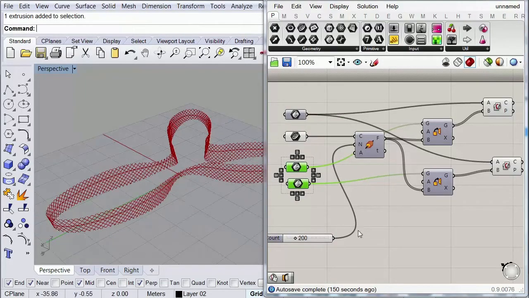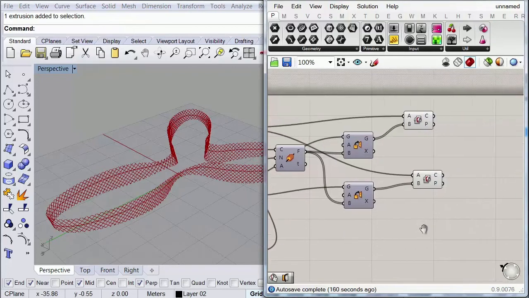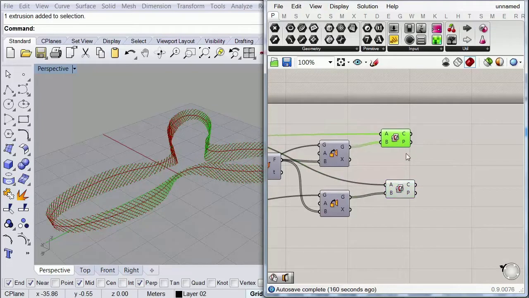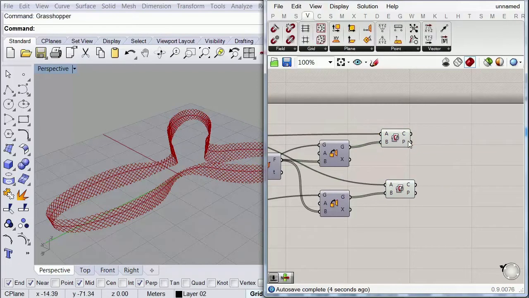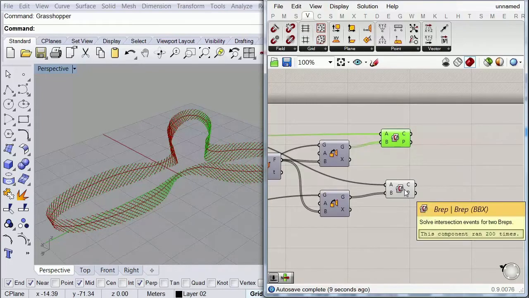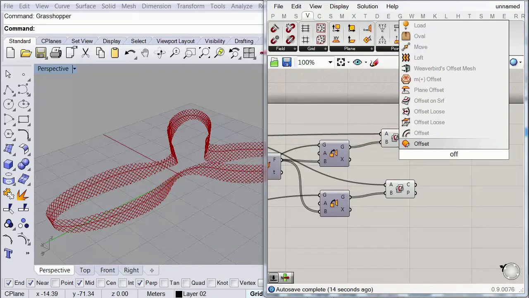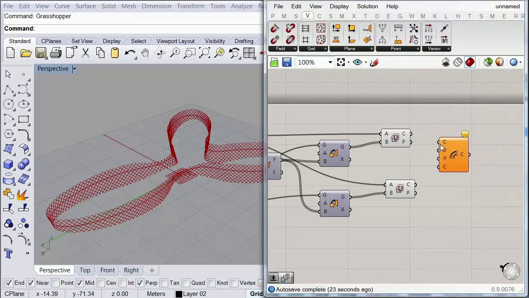And the last thing we are missing here is to simply give these lines a thickness, or sorry, a depth, so we can start creating some surfaces with them. So the easiest way in which we can do this is by offsetting these two sets of lines. So here I'm gonna call an offset component, and I'm gonna use the curved version of that one, which is this one. And then as my curves to offset, I'm gonna input these curves that I have over here.